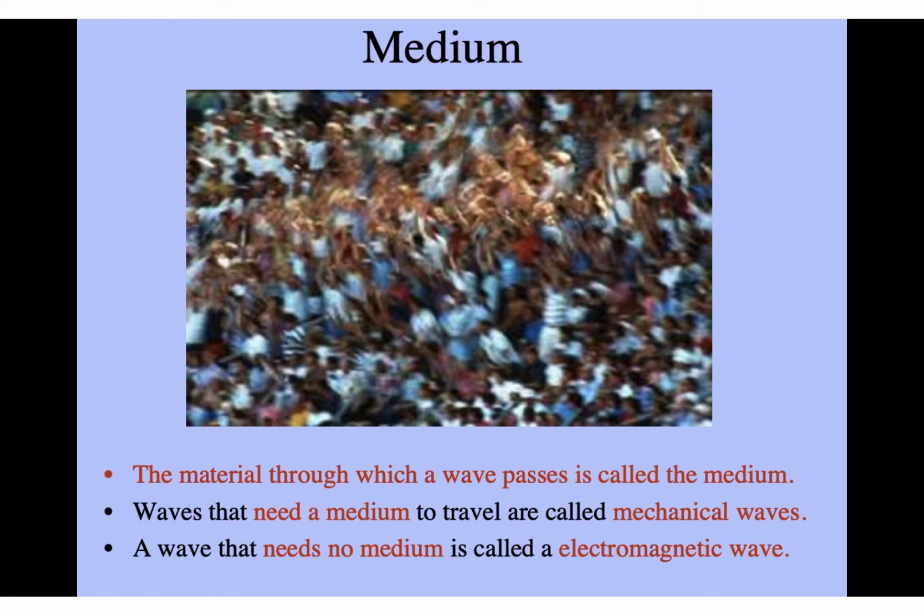Now, electromagnetic waves, if you look down here on the bottom, it says electromagnetic wave. Electromagnetic wave is another name for light. And there's all different kinds of light, not just visible light like we think, but X-rays, microwaves, gamma rays, any kind of thing you think of as radiation is a type of light, an electromagnetic wave. And it doesn't need a medium. And that's why light can come from the sun and reach us from outer space.